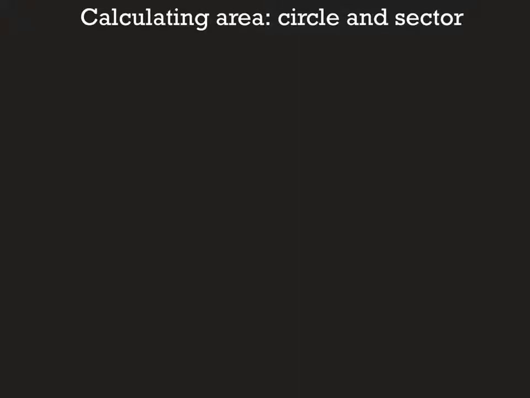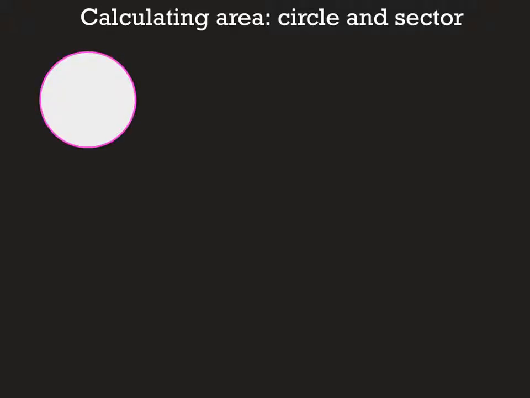In this video we are going to be calculating the area of a circle and of a sector. So let's get started with our circle. So here's our circle. Now for our circle we need to understand what our radius is. So let's say we've got our dot about there in the middle, and that's our radius. Now let's say in this case our radius is 25 centimeters. To calculate our area, the equation is